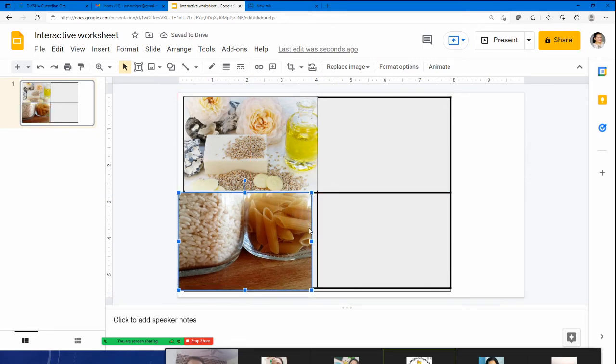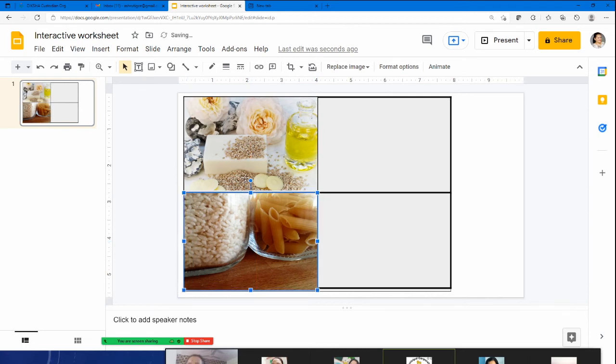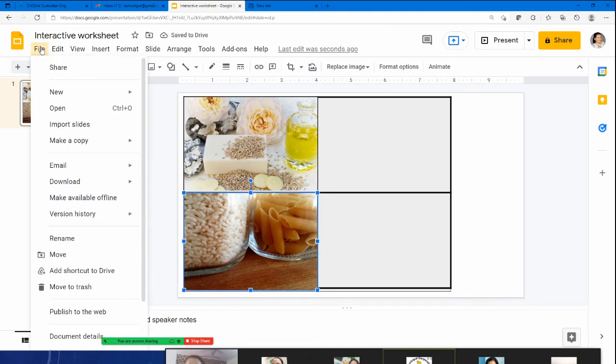Now once the images are added, we do not want these images to move, we want them to be fixed. So what do we do for that? First of all, you can download this. I have not completed it. I have already completed one another image which I'll use now. So once your grid is ready, once you have placed all the images properly in the grid, then simply go on file, click on download.